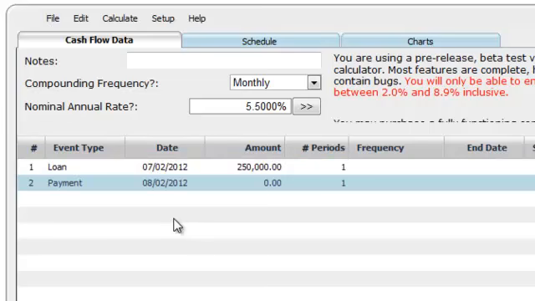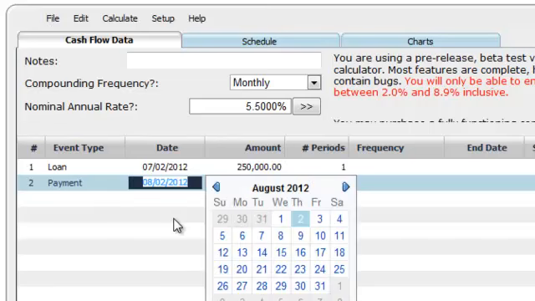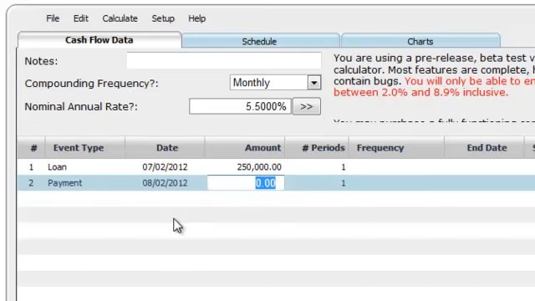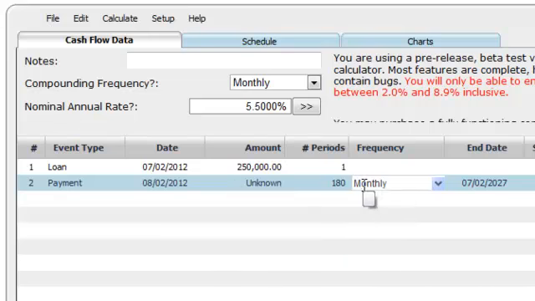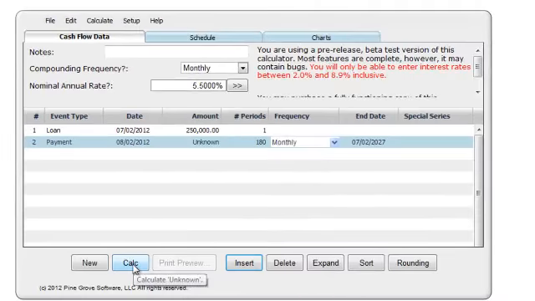A payment event is automatically generated. It so happens I do not know what the amount of the loan payment is, so I will type a U and set it to unknown. This mortgage is for 15 years, which is 180 monthly payments. I type in the value 180 in the payment periods column, tab off, and it defaults to a payment frequency of monthly, which is just fine, so I'll click on that. I come down to the Calc button. The mortgage payment is